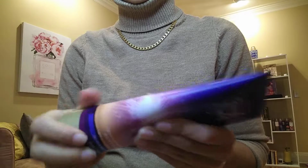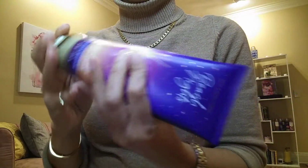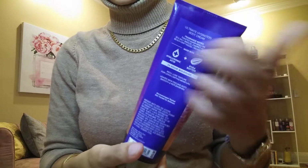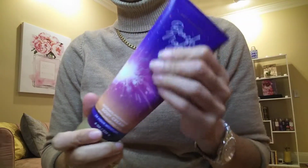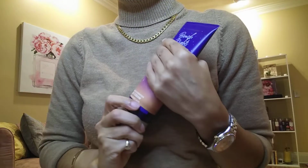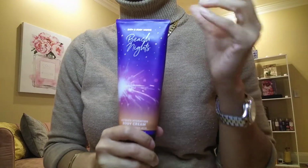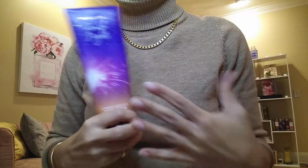That's why you can see that it's actually more filled with air, but there's quite a heavy dent in here. You can hear that it's actually getting pretty empty over this part. I love mixing this with a lot of things. So you go in with Beach Nights all over your body, the body cream,